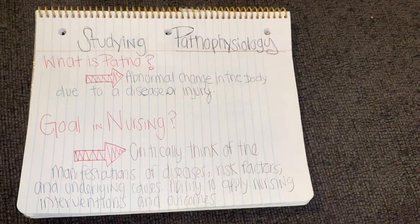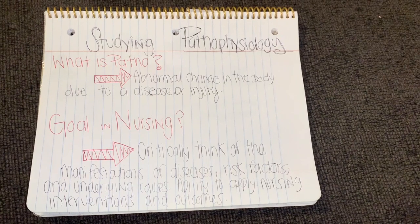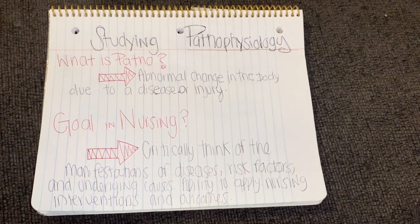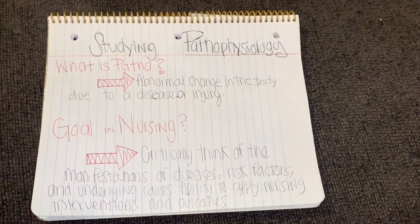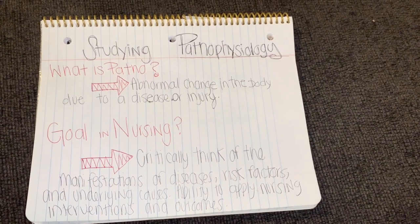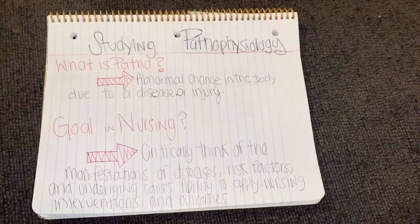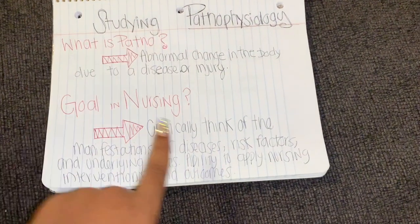Okay, so I decided to start with pathophysiology, seeing as I have a lot of new nursing students. They are taking the beginning courses of nursing, and that includes pathophysiology. With pathophysiology, it's important to know what it is and what the actual goal is in nursing. Patho is abnormal change in the body due to a disease or injury. So this is the main goal,